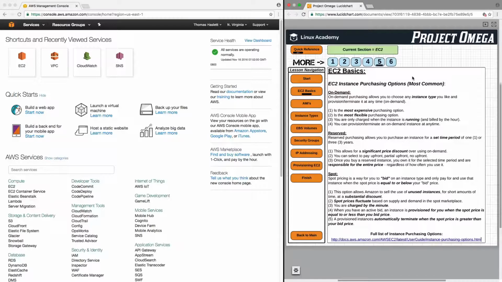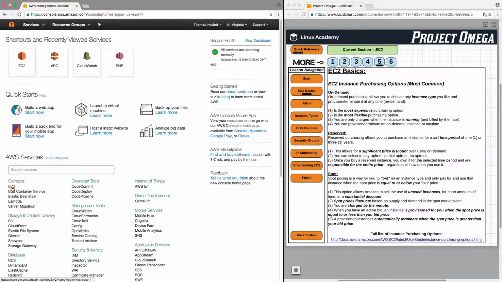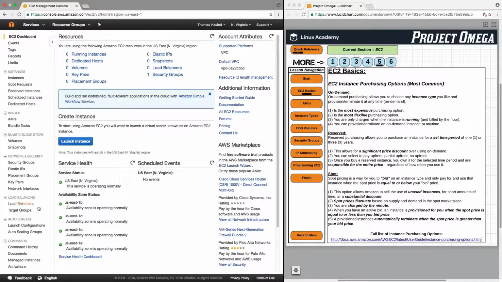Now, an important thing to understand about EC2 is that there's different purchasing options. So let's jump over to the console here, and I'll show you how to access EC2, and it's actually the first option here right under Compute. And this will be your hub for launching and maintaining all of your EC2 instances. Currently, we have 0 instances running, and by the end of this section, we will have provisioned at least one